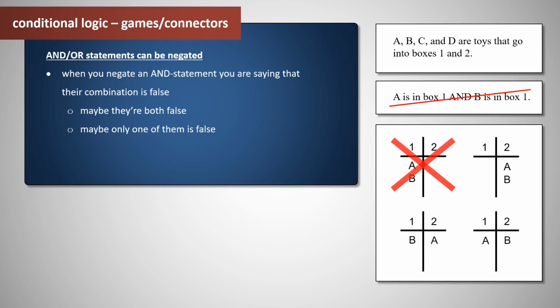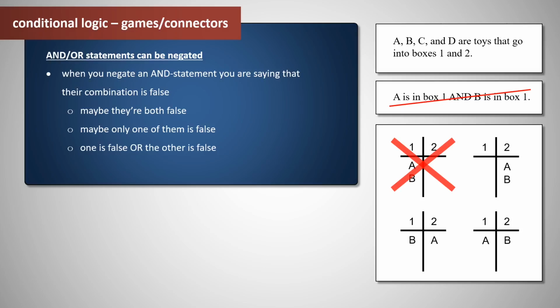So maybe you've got a situation where you've got B in 1 and A in 2, or vice versa, A in 1 and B in 2. That is also a situation where it's not true that A is in box 1 and B is in box 1, because they're not together. Because remember, and also means together. Okay, so